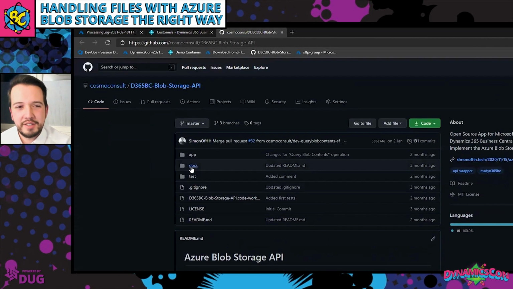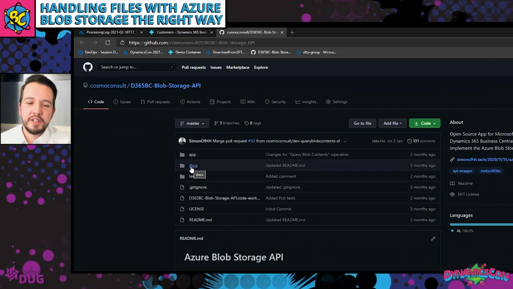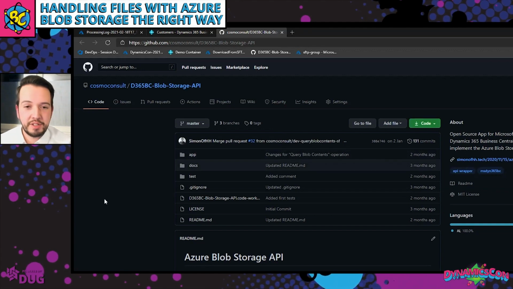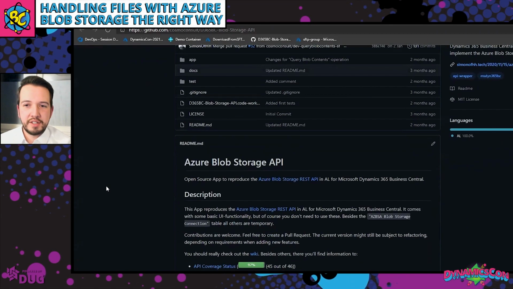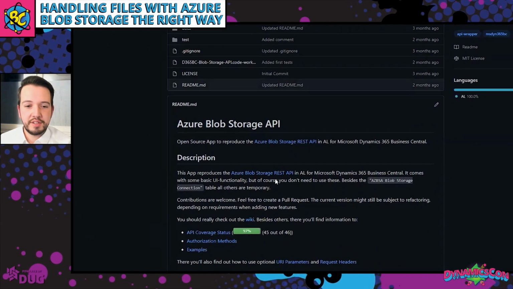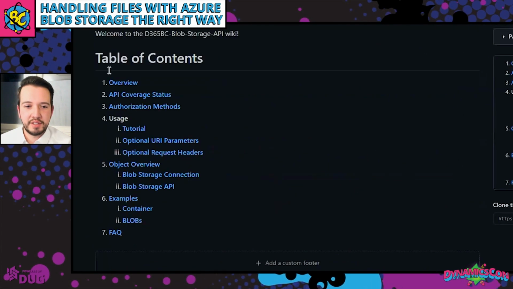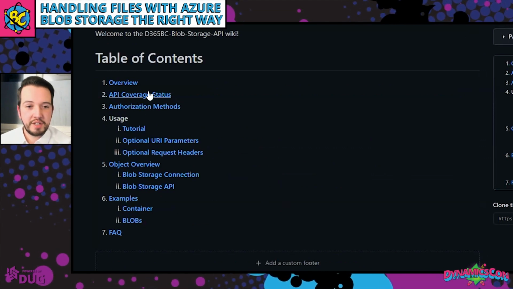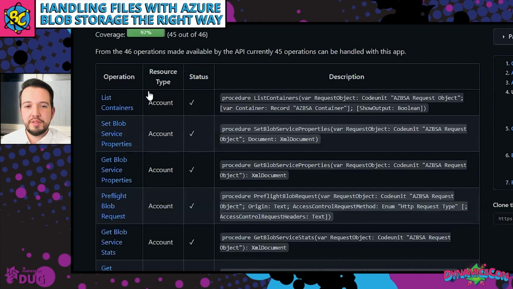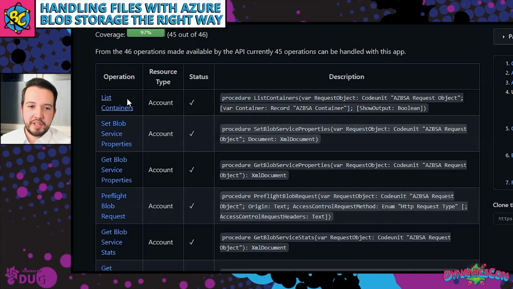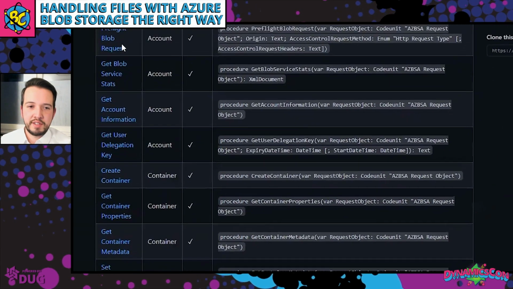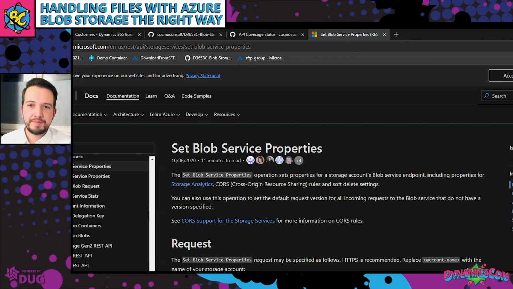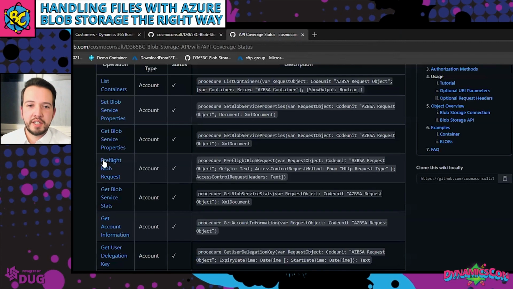So let's have a look at the GitHub project. Here you can just clone it and use it in your projects. There's also a wiki with examples and a little tutorial, and the API coverage status is a good starting point if you look for the API operations. This is how Microsoft listed them in their documentation. For example, here's also the link to the Microsoft documentation, and you directly have the